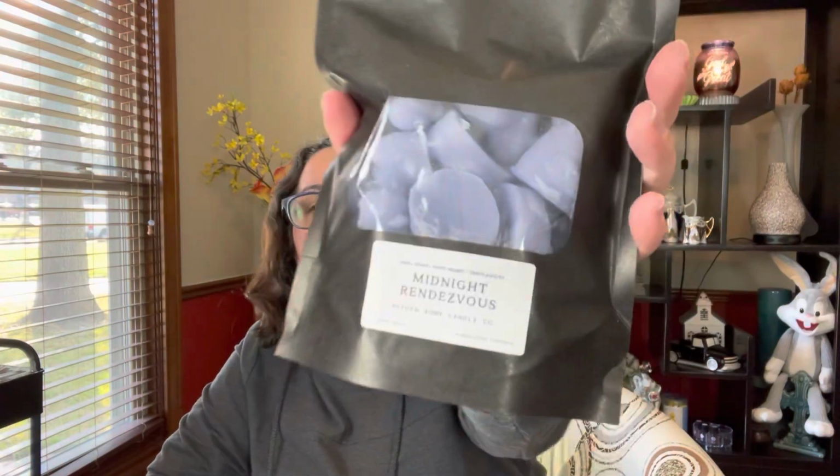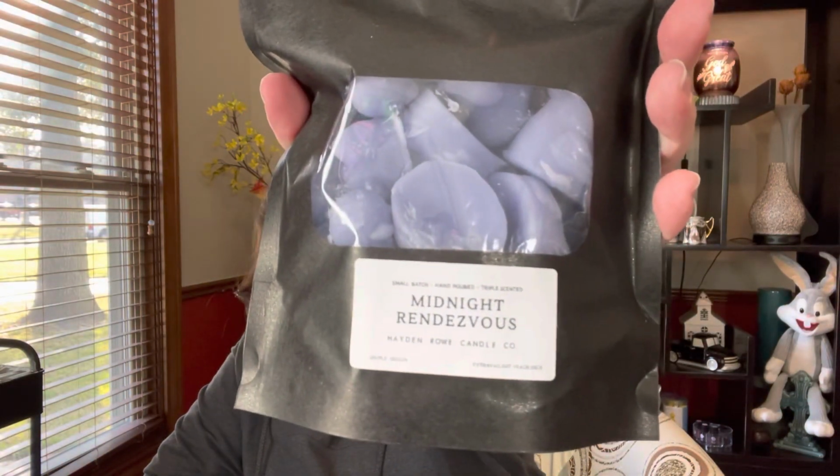I did open this one. I got a Ducky Dozen. I opened it just because I wanted to sniff it. This came in, I think it was like February 4th was the ready to ship. I probably got it by like the 11th, and it's just been sitting around ever since. So I did sniff this. I just don't remember. So this one, I got a Ducky Dozen of Midnight Rendezvous, because I remember the scent